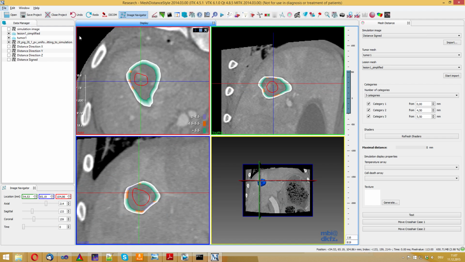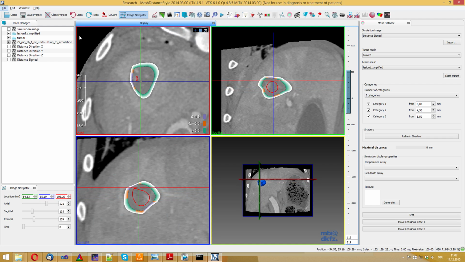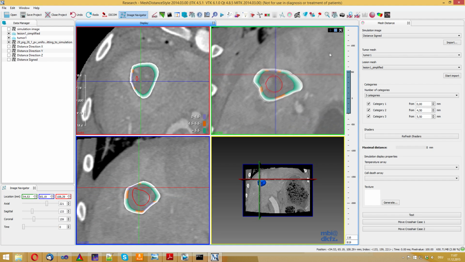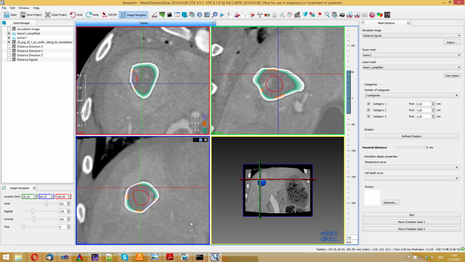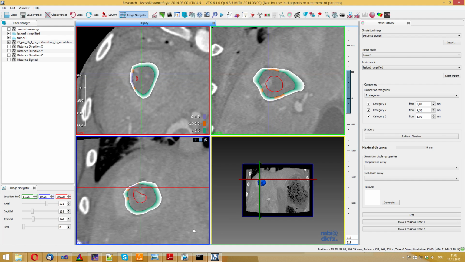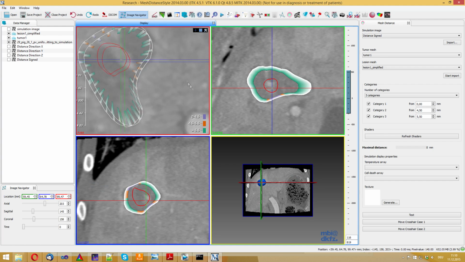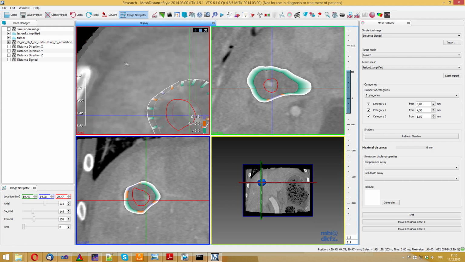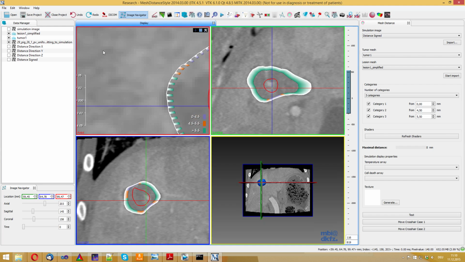We color-code the categorized distance between tumor and lesion into a thick rim attached to the lesion outline. In this case, the safety margin is supposed to be 5 mm. We highlight critical segments which are definitely too close to the tumor in blue, whereas orange denotes regions close to the requested margin. When the user zooms in for detail analysis, we break up the rim into a bar chart